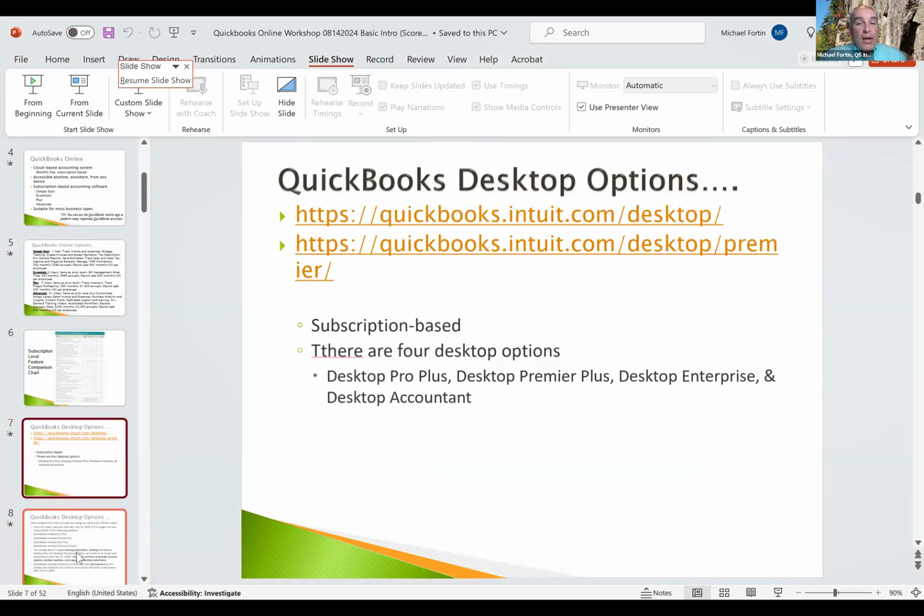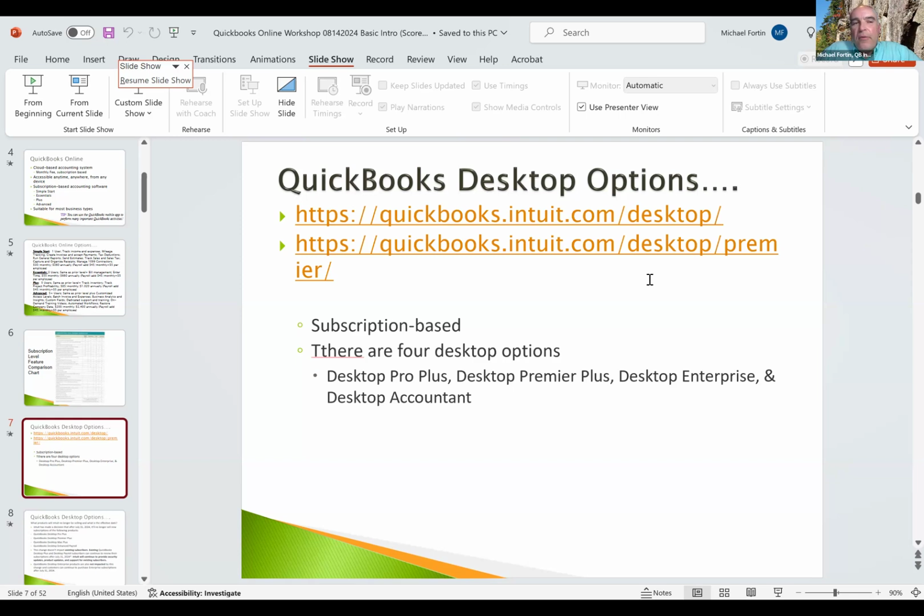Moving along. QuickBooks Desktop. You would be almost hard pressed to find the desktop version or the enterprise version on the Intuit website, because if you were to go to intuit.com, you will see everything and anything to do with the online system. And just to give you a tiny bit of history real quick, QuickBooks has been in business a long time. Intuit has had a rock solid